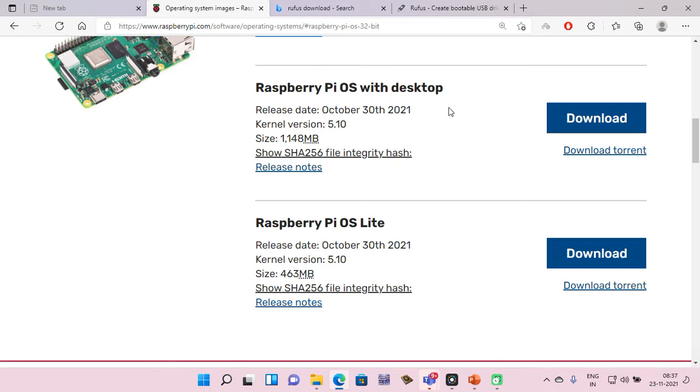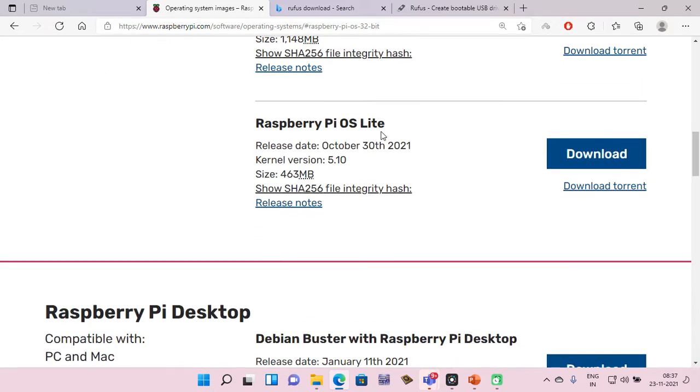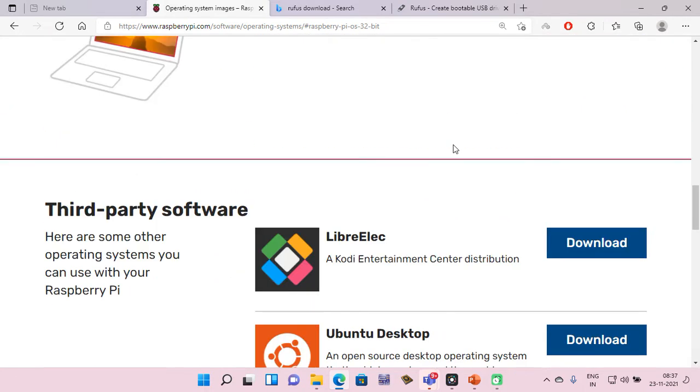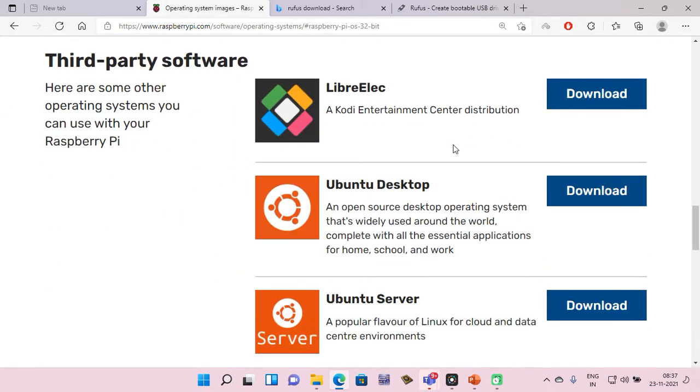This is the Raspberry Pi operating system with desktop, and the Raspberry Pi operating system with the light version. And this is the third party software. You can use the